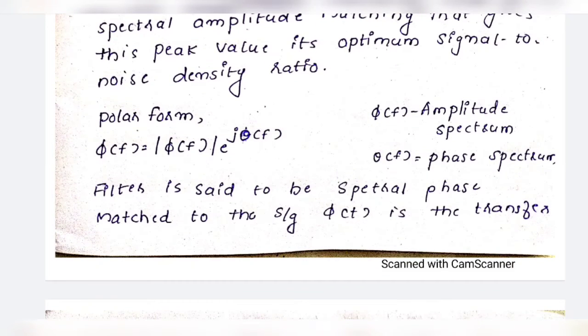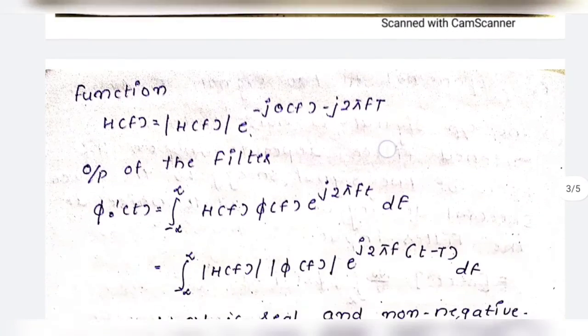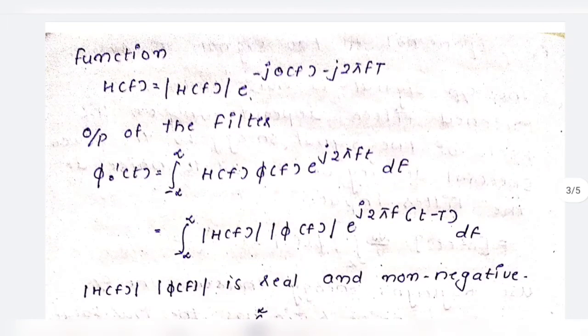In polar form, phi of f can be written as modulus of phi of f e raised to j theta f. Phi of f is the amplitude spectrum and theta f is the phase spectrum. Filter is said to be spectral phase matched to the signal phi of t is the transfer function. So h of f can be written as h of f is equal to modulus of h of f e raised to minus j theta of f minus j 2 pi f T. The output of the filter